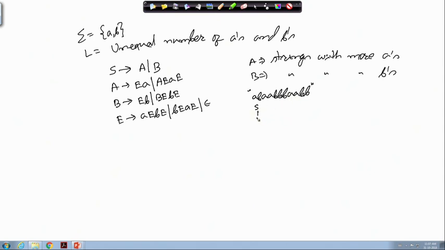So, it should follow S producing B, and then this S producing B, and then we can allow this rule, so it can have an equal number of A's and B's, then this equal number of A's and B's. So, this last B has been derived. So, this equal number of A's and B's can be derived from here. So, this is the E part, and now we can just follow this particular derivation to get it, the way we have done in the last example.